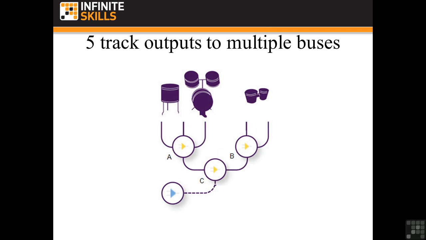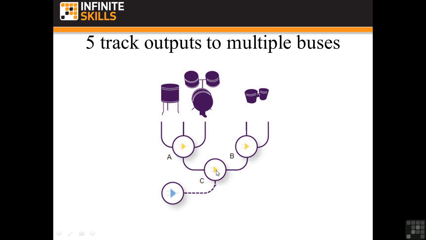You don't have to have the bus go directly to the master track. You can have a bus here for these 3 instruments and a bus here for these 2 tracks. This bus might have one effect on it. This bus might have a different effect. Then you can route those 2 buses to another bus, and this bus might have yet another effect that affects